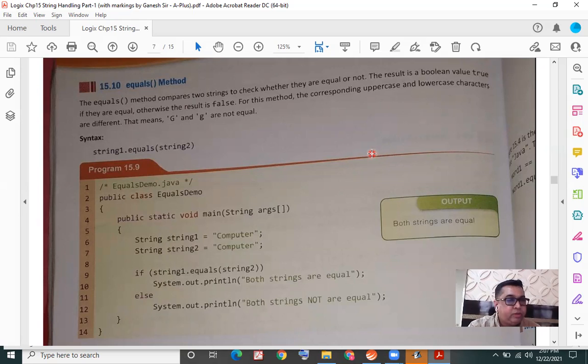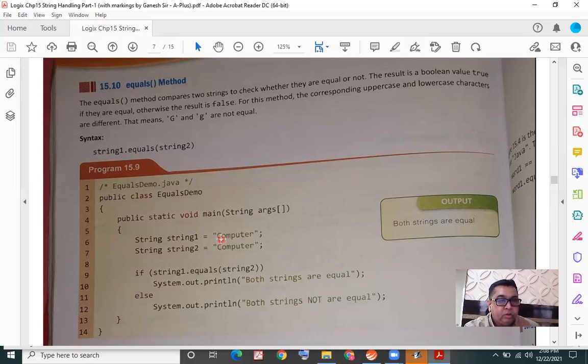We start with the new method, the equals method. The purpose of this equals method is to compare two strings, whether they are exactly the same. And when I say exactly the same, I mean the length is the same and the characters are also the same, the case is also the same. Then only you'll be getting the response true, otherwise you'll get the response false.